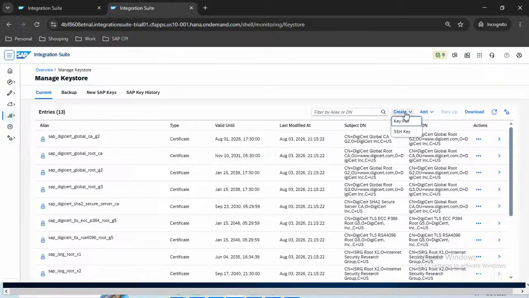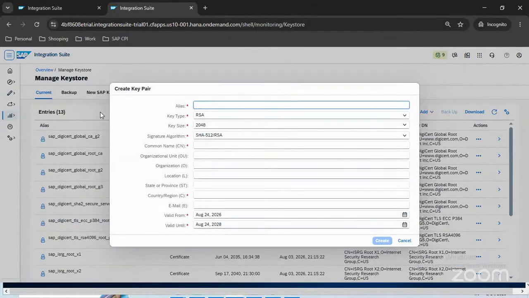The moment you select, you can see both options. Currently we will go with key pair. See, alias name, you can provide anything. For now, SAP CI key pair. Some name I have given, and the common name is